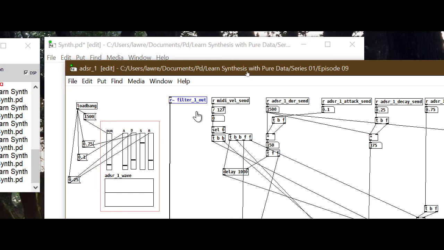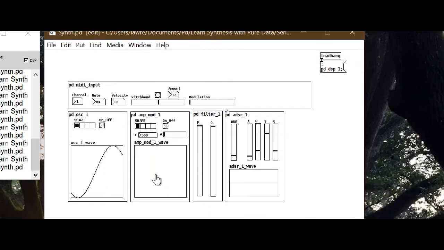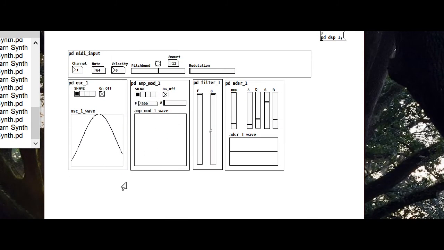Filter underscore 1 underscore out. Okay, now,